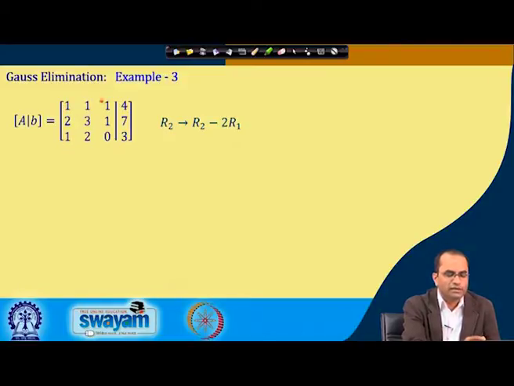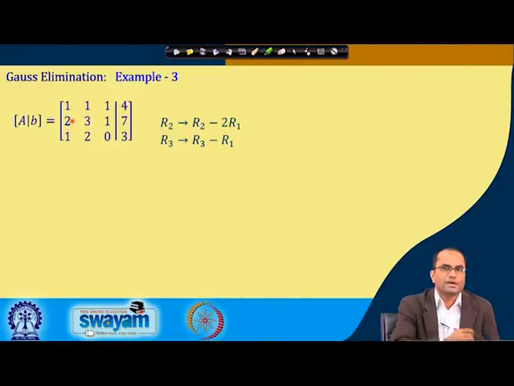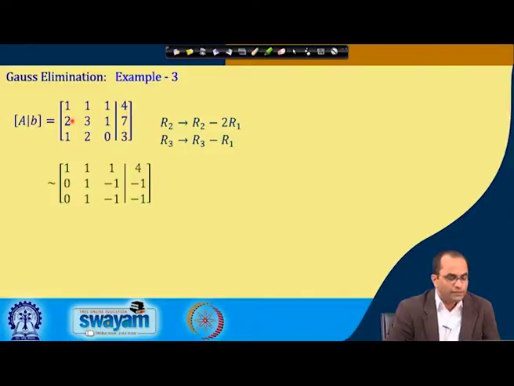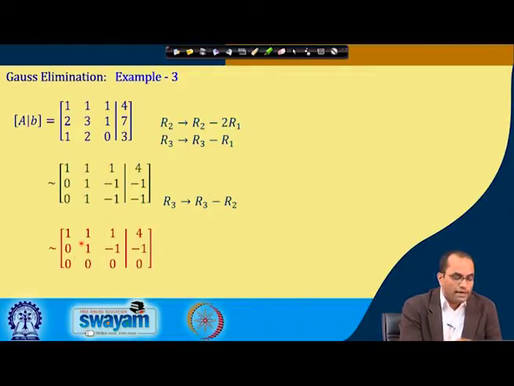and R3 minus R1, the same operation, because the aim is to eliminate x1 from equation number 2 and equation number 3. So, by doing so we got this, and then further again the same operation, because in row 2 we want to get rid of this element 1 in row 3. So, we will just subtract. R3 will be R3 minus R2, and in that way we will get this 0 here,